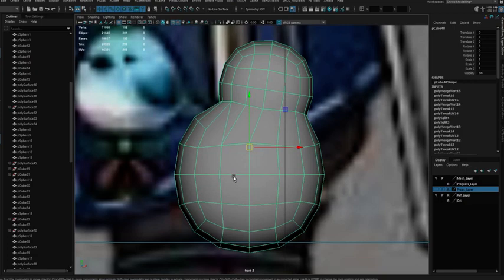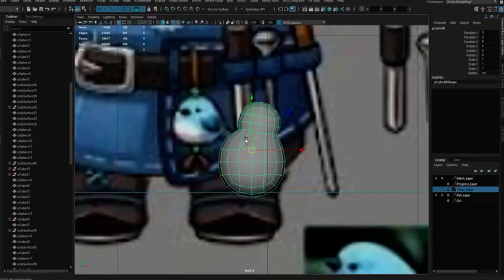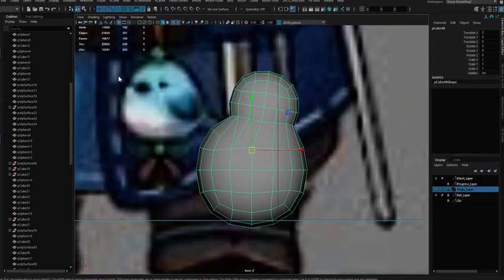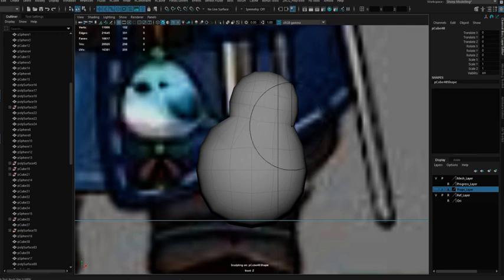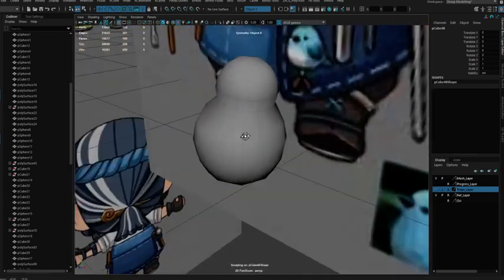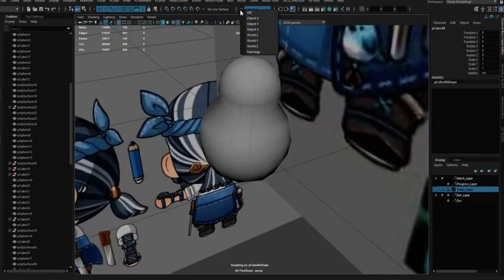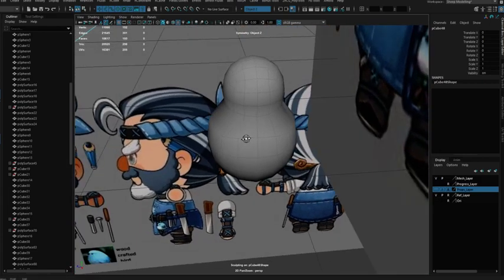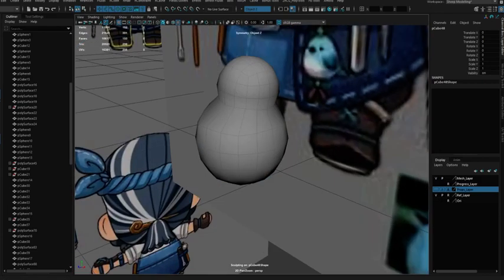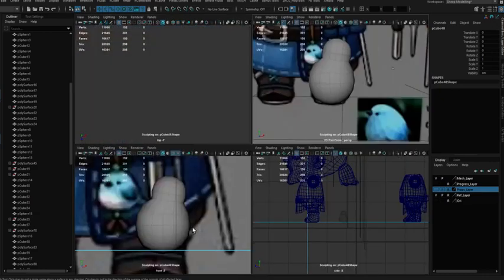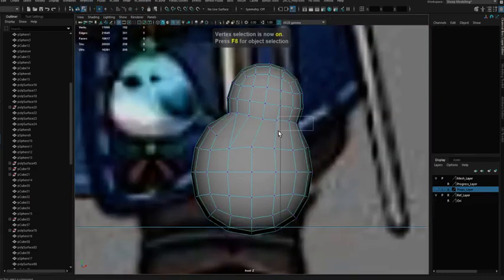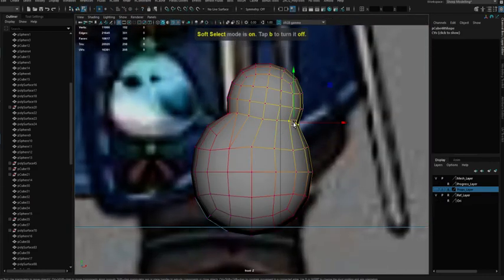Side view, do the history, and what I'm going to do is select this part. Sometimes this thing is weird when there's no current properties.